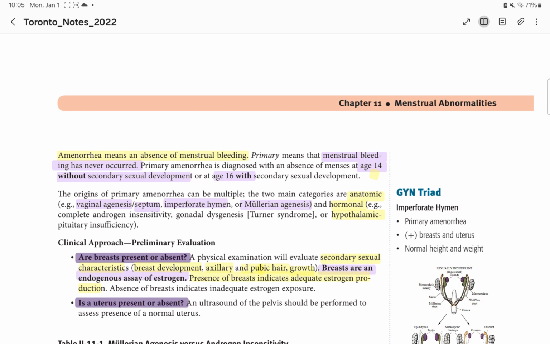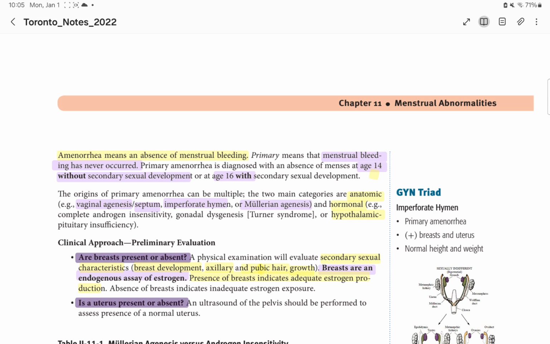You can use it. So, primary amenorrhea is when the woman from the beginning doesn't have any menstrual cycle, so there is no bleeding, and the causes are different. The problem can be anatomical, hormonal, or hypothalamic pituitary dysfunction. If it is anatomical, there is vaginal agenesis, septum, imperforate hymen, Mullerian agenesis,